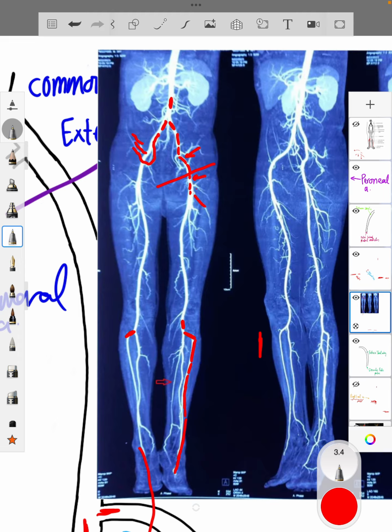And then over here, you can see these branches. This is going to be the deep femoral. The highway that continues is the superficial femoral, and then when it gets to the knee, it becomes the popliteal, and then this artery that juts off is the anterior tibial,